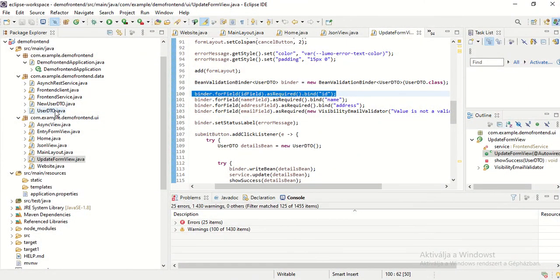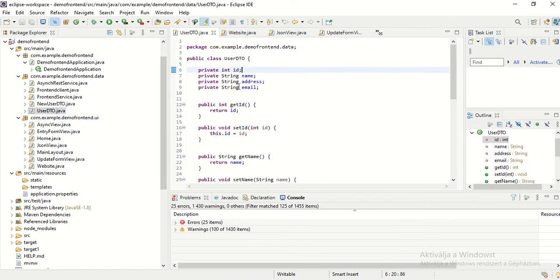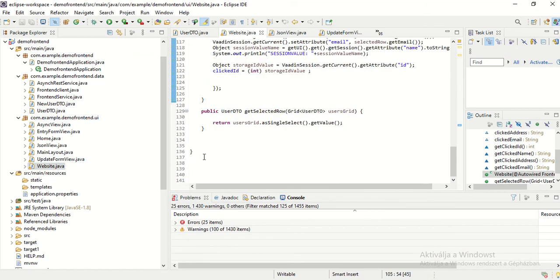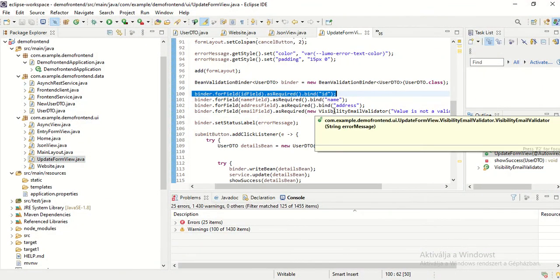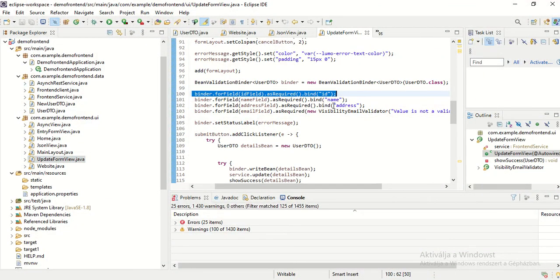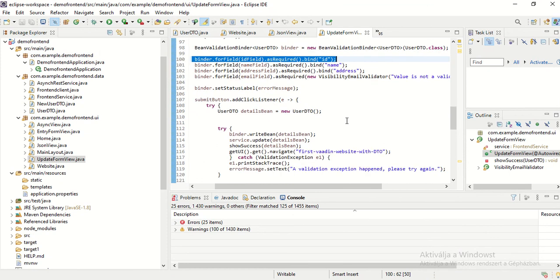Don't forget, here we have the DTO. This DTO has fields: ID field, name field, address, email field. And here, in the update form view, I must bind this data with the DTO fields. Okay, and here's where it's happening. And then finally, when I click on the button, I create a details bean, and this details bean